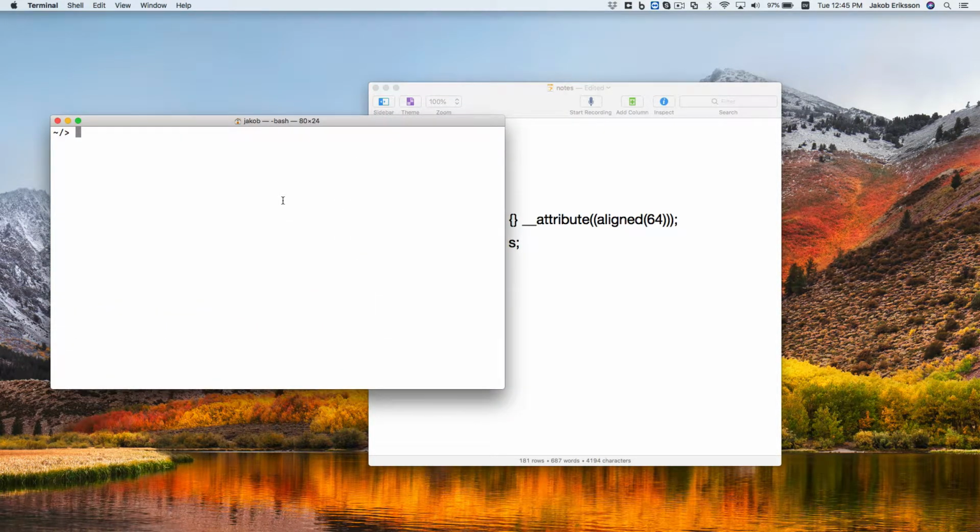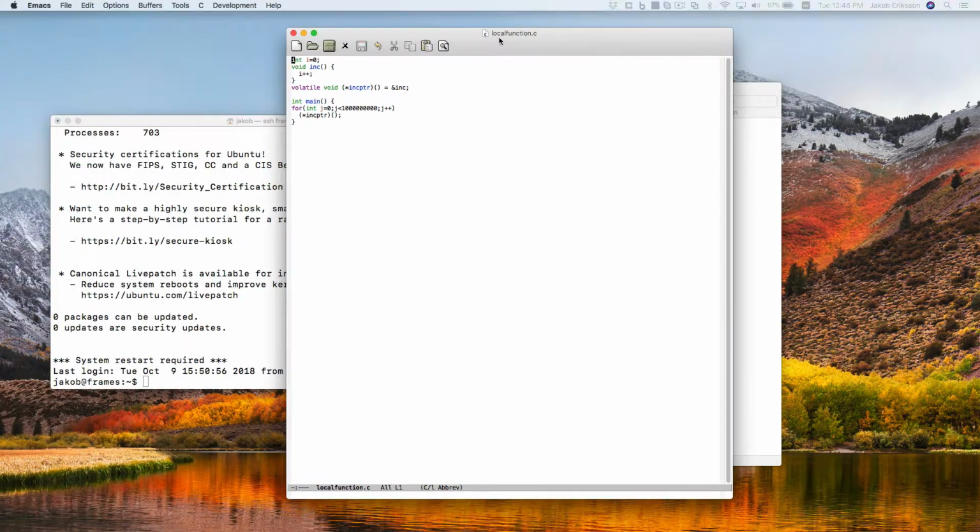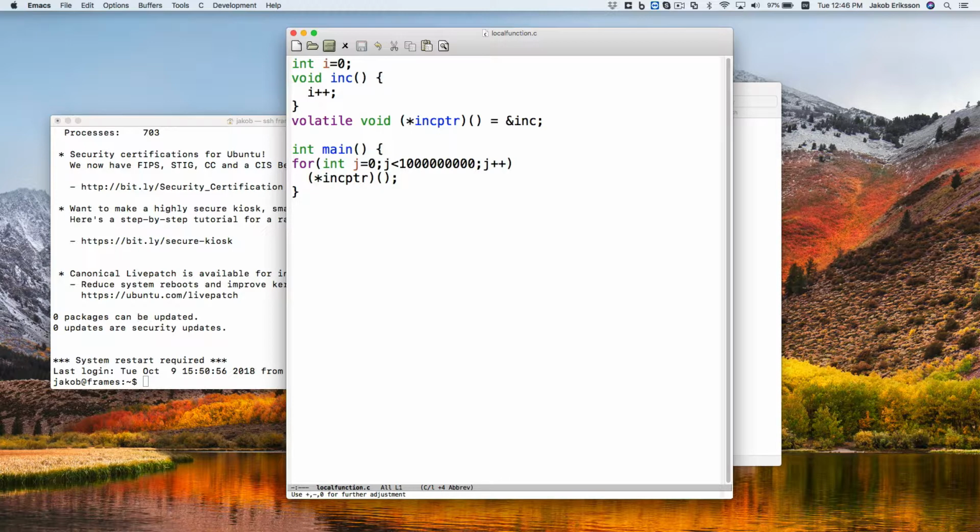So let's see. I think we ended somewhere here. Does this sound familiar? Look familiar? No, probably not. Well, close enough. So we had a loop like this. I don't know, but maybe we were just saying inc. And we noticed that